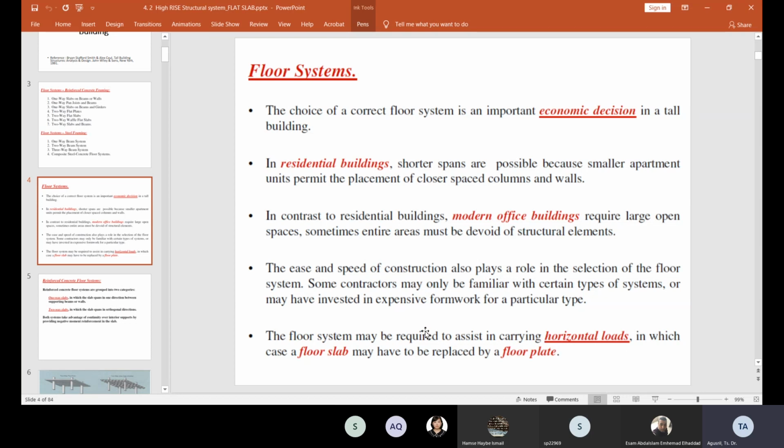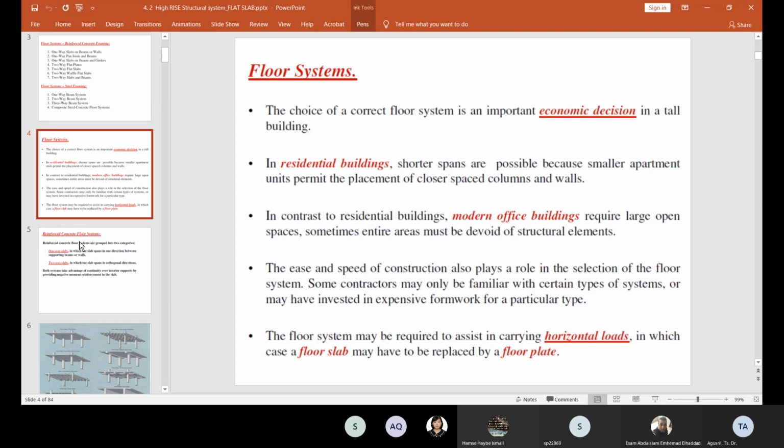Okay, so means during the wind load, the load will be transferred from wall to the plate without deflection on the plate, and then the load will be transferred to the next structure element. For example, for the next wall. Okay, so these are the five criteria that you need to consider when you want to select for the floor system.